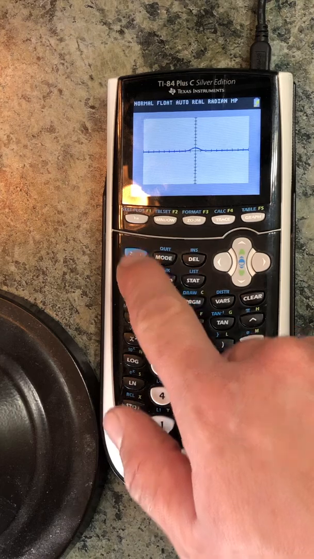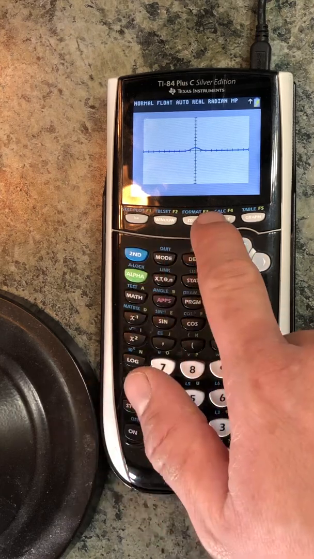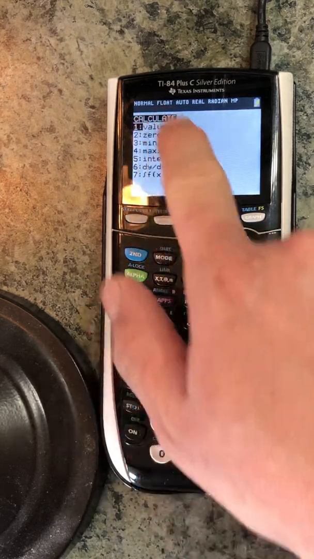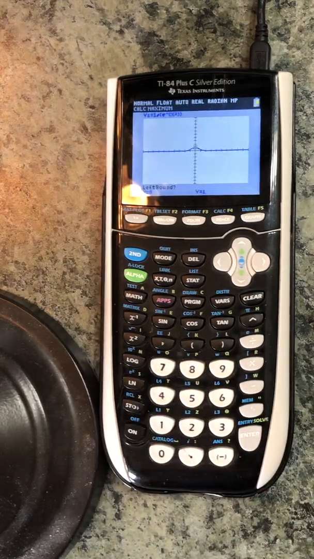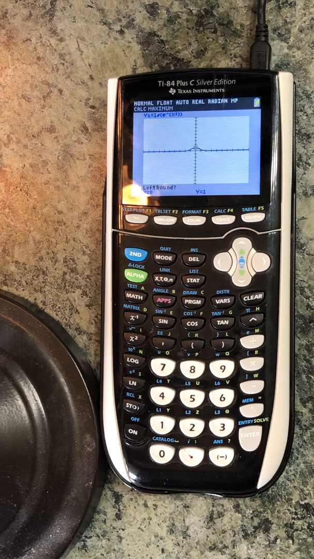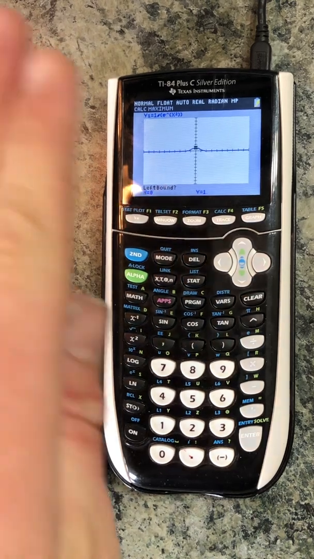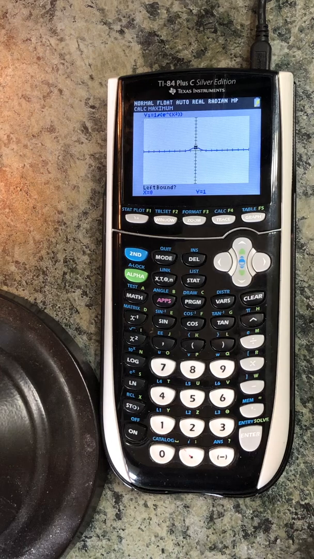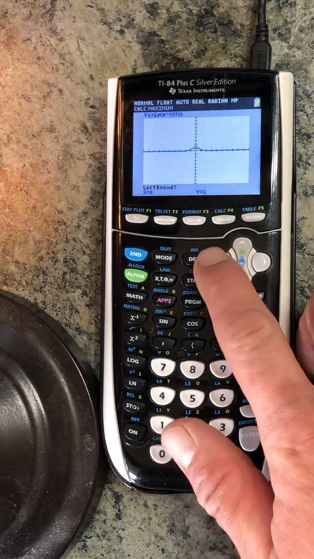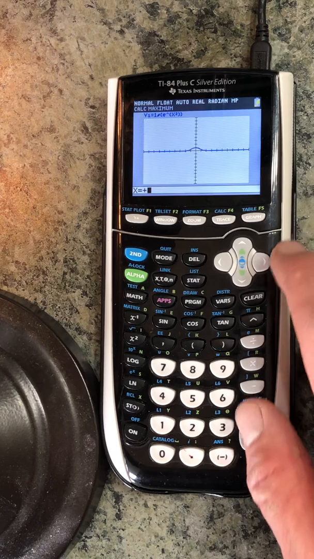So to find a maximum value, I'll press second function, calc. And this will bring up all of my options here. Now I'll choose 4 for maximum. Now the same sort of thing occurs whether you choose 4 or whether you choose something else. I'm going to try and cover up that light. There we go. So it asks you for the left bound. What you're going to do is you're going to set a fence around your,